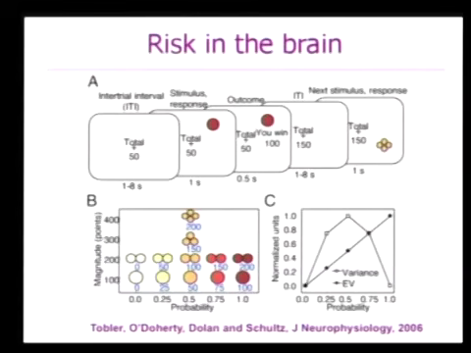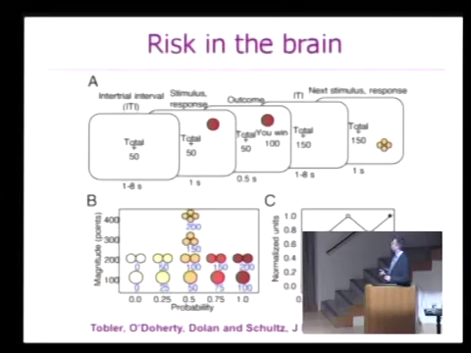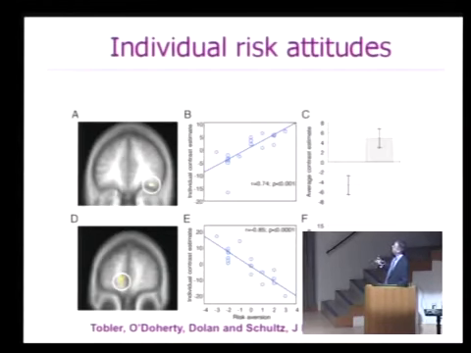And what we also did was measure people's individual risk preferences. Some people are more prone to being risk-seeking than others. They like to take a chance. They actually favor risky situations. Other people are more risk-averse, so they'd be less likely to want to take a risky option. They'd rather take the safe option. People vary in that, and we can measure that. And what we can show is that when people are making these kinds of decisions, where they're seeing these different kinds of predictions of the amount that they might win or lose,